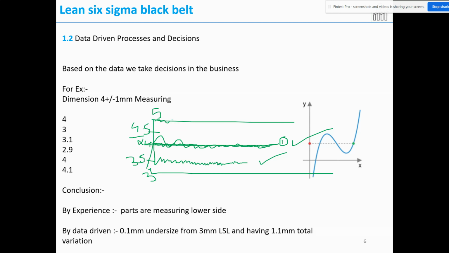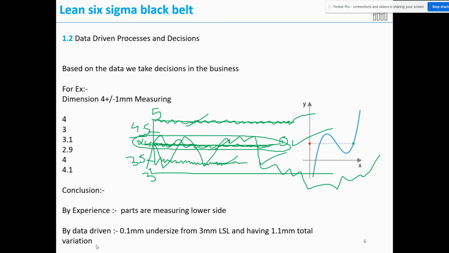Suppose your data is here. So what we say, there is a consistency, but the process mean is 5. So there is a chance it can produce rejects, right? Suppose if your data is something like this. That means in these three cases, the data is consistent, having lesser variation. The fourth one is having some parts where we are producing mean as well as out of spec also. So which is a good process here? This is a good process, which is aligning on the drawing mean.